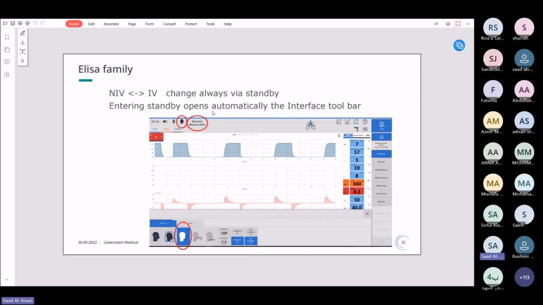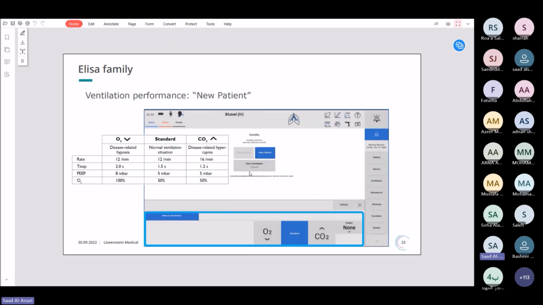So after you did this, then what do you need to do? To enter the patient intervention. What is the new patient ventilation performance? As you see in this screen, in the ELISA 800, we have the features as a default setting. Default setting means if the patient is standard, he doesn't have any issue with oxygen and CO2, you can start the default setting with this setting: rate 12, inspiratory time 1.5, and PEEP 5